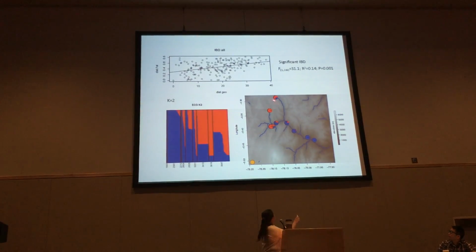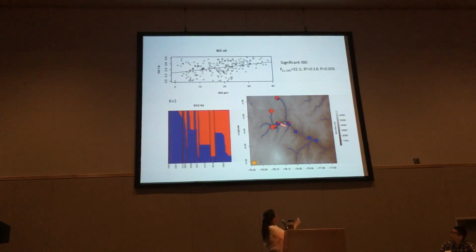The question is, can we actually say anything about where this species red